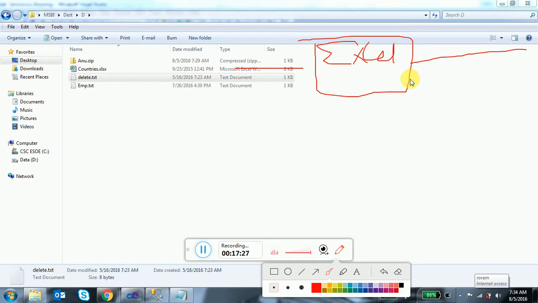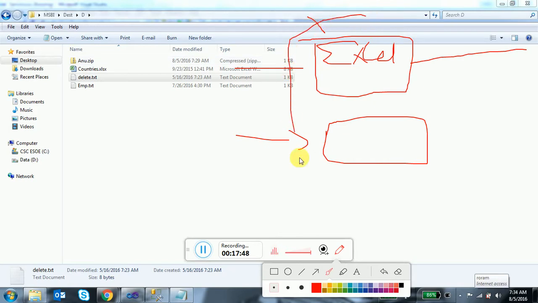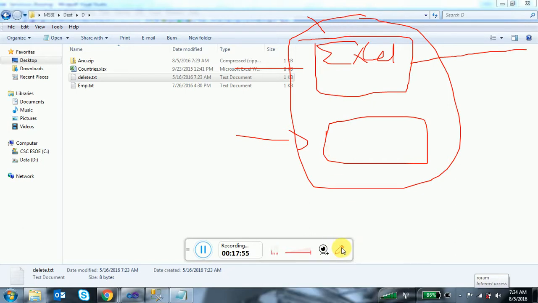For example, before I load the data into a particular table, whatever data already exists in that table, I want to truncate. How can we truncate data inside a table? Under the MSBI database, my table is select star from EMP.